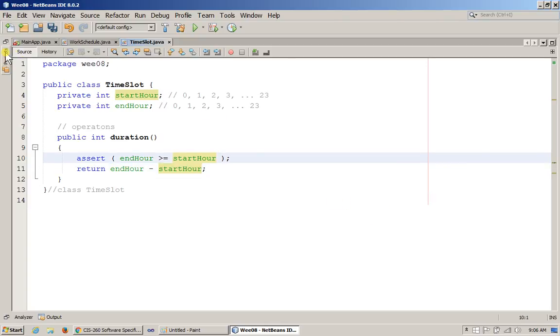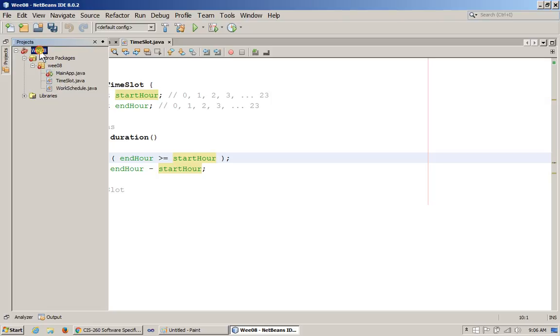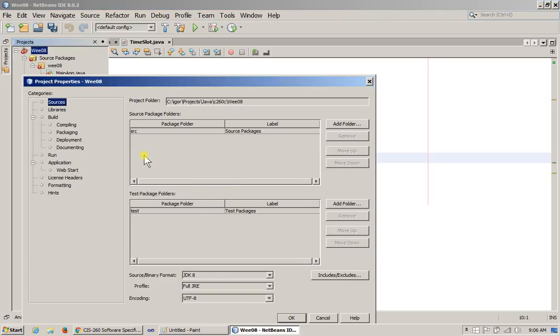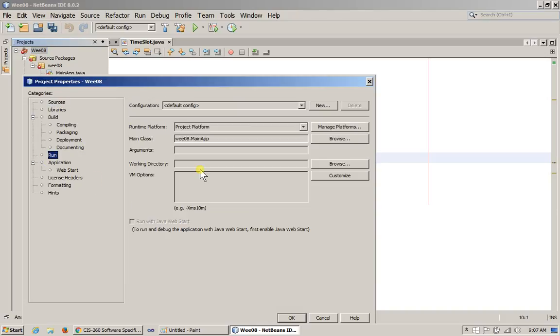So recall from CIS 257, we can go to our project properties right here, and in the run section for the Java virtual machine options, we can say minus enable asserts, right? So we can specify this option right here,